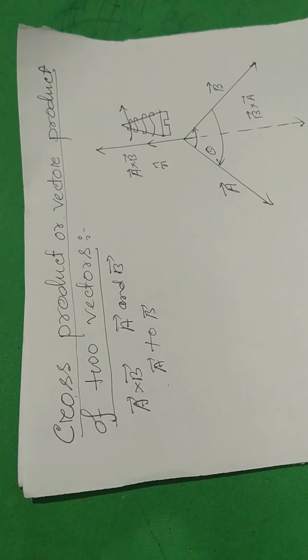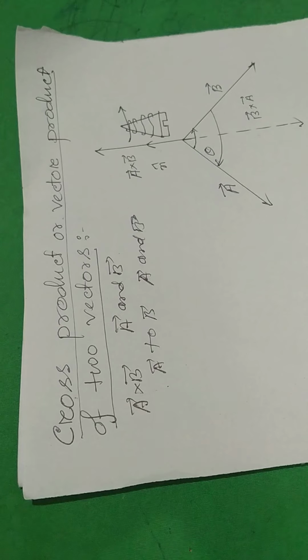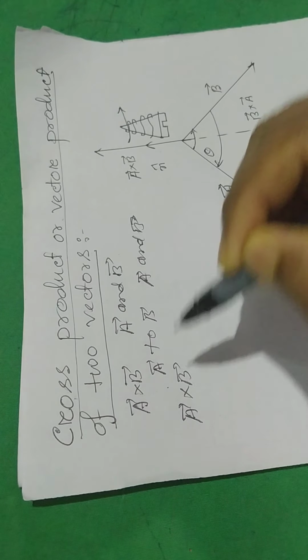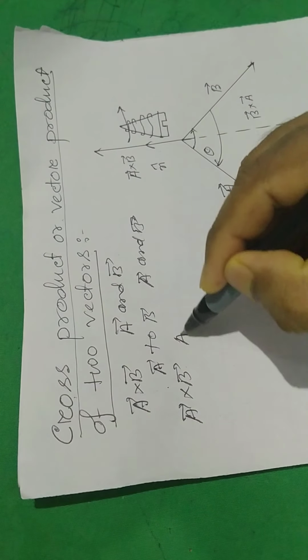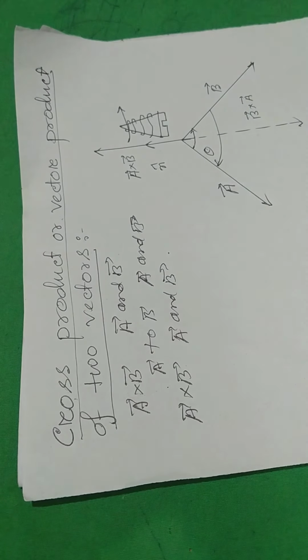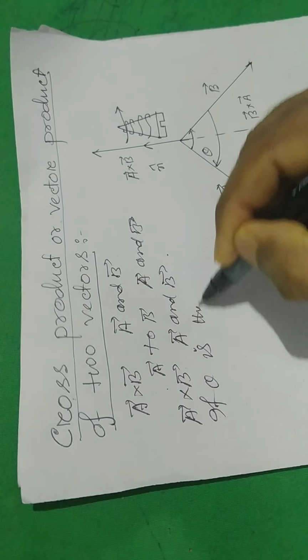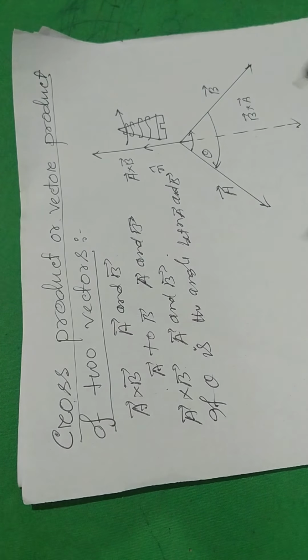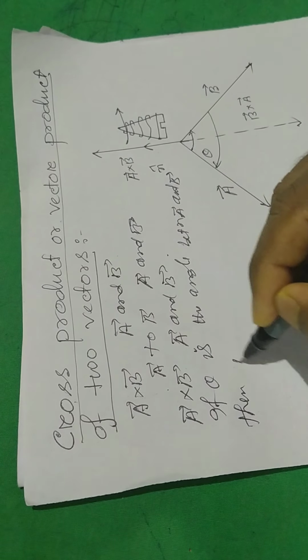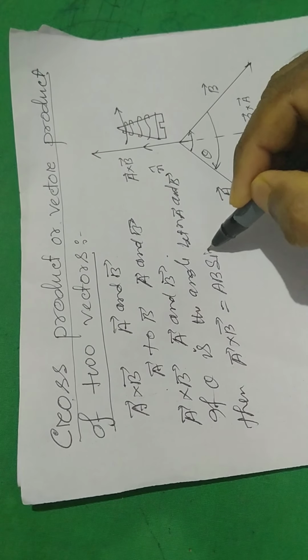The vector product of two vectors A and B gives a vector and is denoted by A cross B. It is also known as cross product of vectors A and B. Mathematically, if theta is the angle between A and B vector, then A cross B equal to AB sin theta n cap,